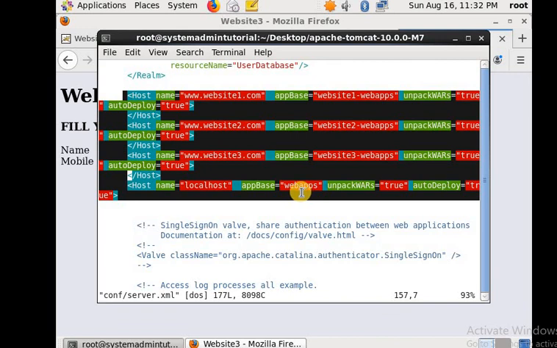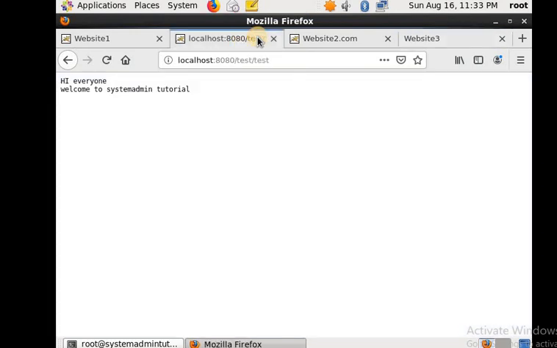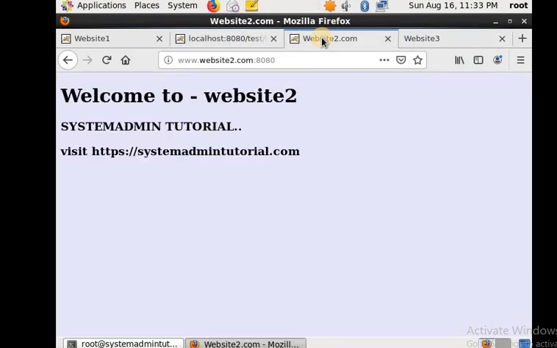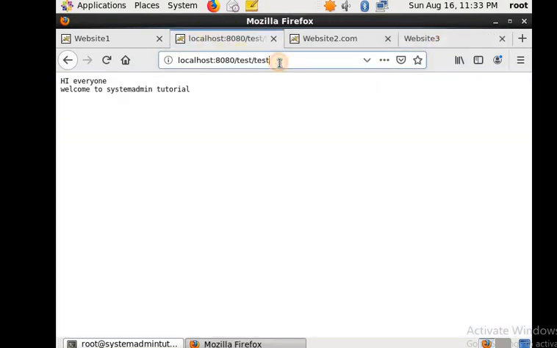So we have successfully completed the multiple web hosting, or shared hosting, which is used in Linux, by using Tomcat. In a single server we are running a number of websites, that is website 2, website 3, website 1, and locally also we are able to run this.